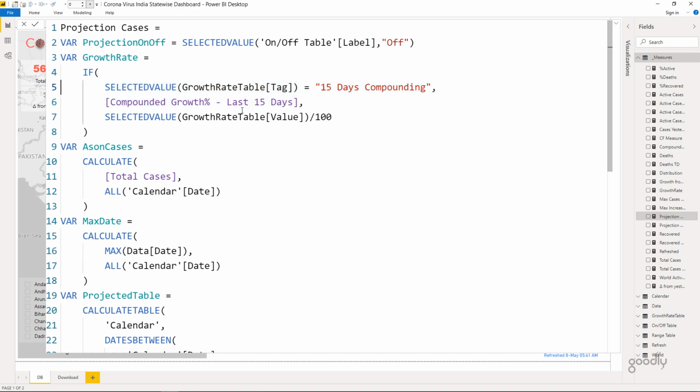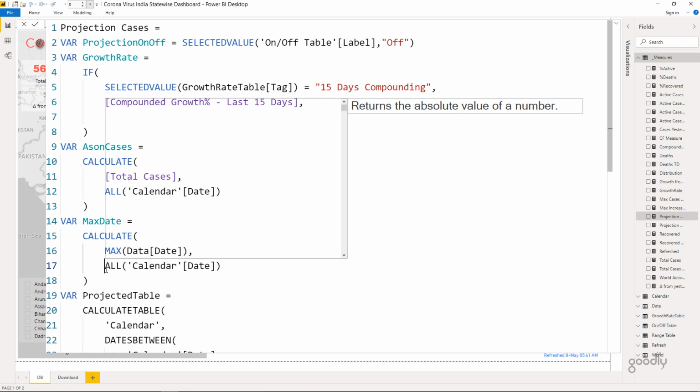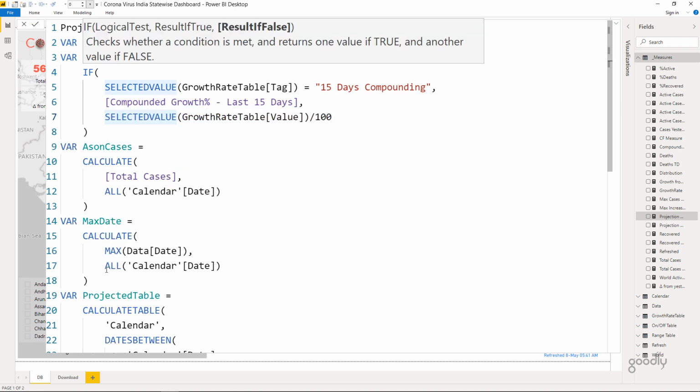All right, the next one is one of my favorite shortcuts in DAX, and I use it a lot. A lot of times while writing DAX code, I will find that this part of the code is more relevant at this place rather than this place. So generally what you would do is you would come here and cut the code from here, and maybe here I'd like to paste the code and move the ALL function downwards, but that's a tedious way to do it. So let's see how we can do that without cutting and pasting it.